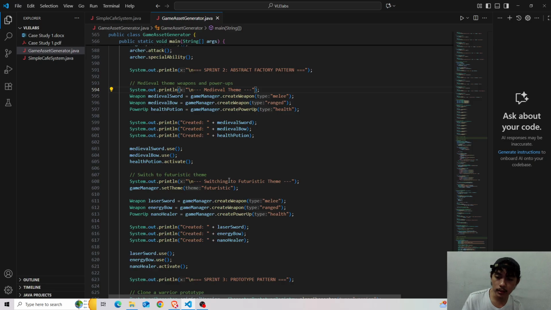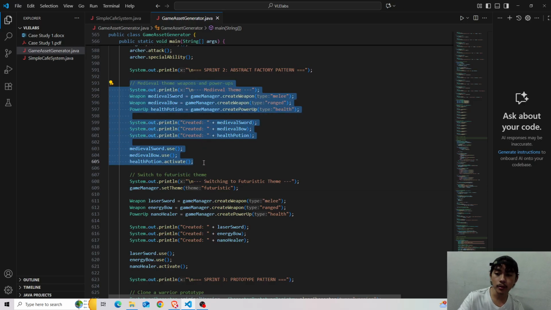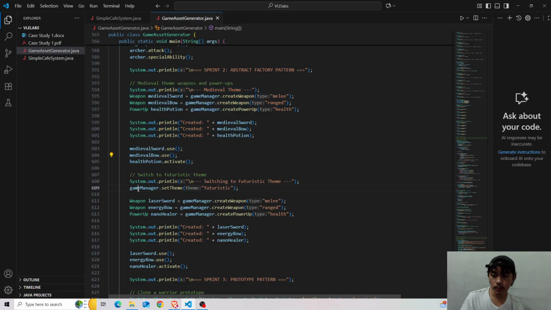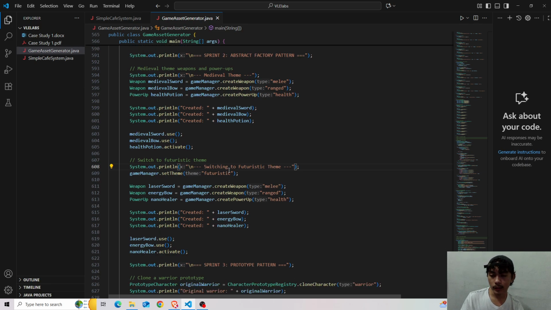We haven't added switching to medieval theme here, because its current theme is already medieval for this block of code. But since we've set the theme into futuristic, we have added a prompt here for the client.